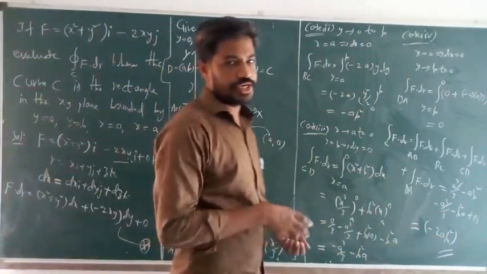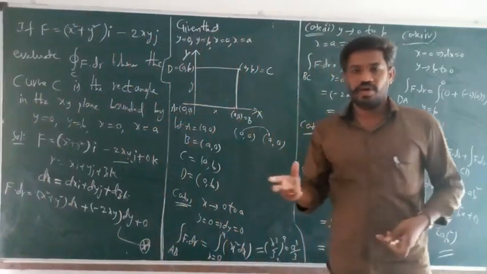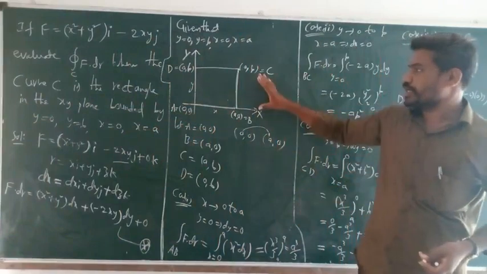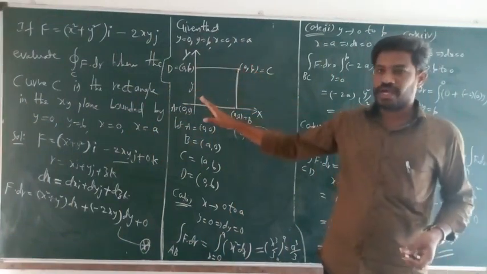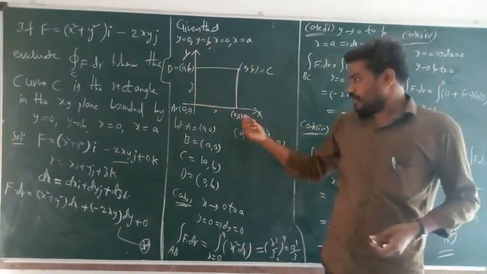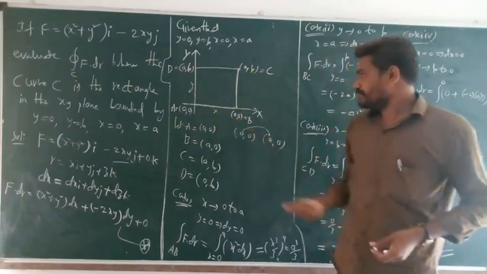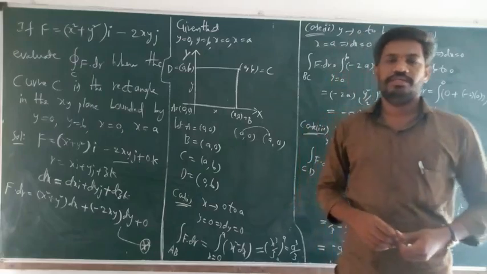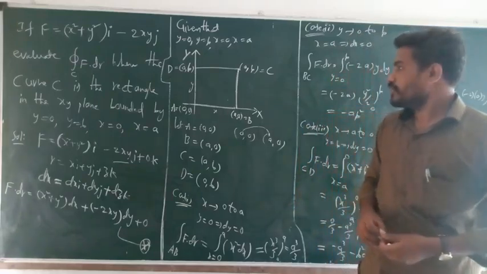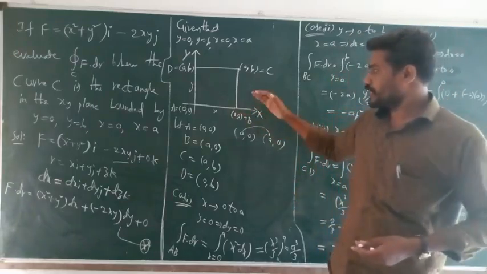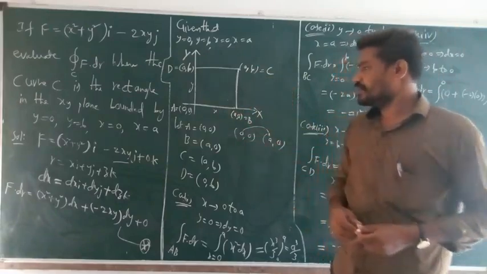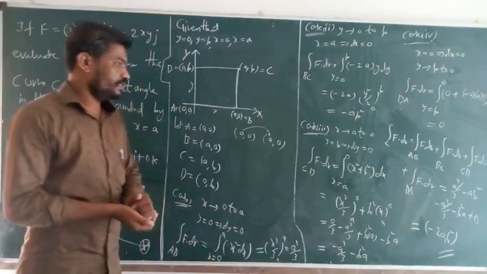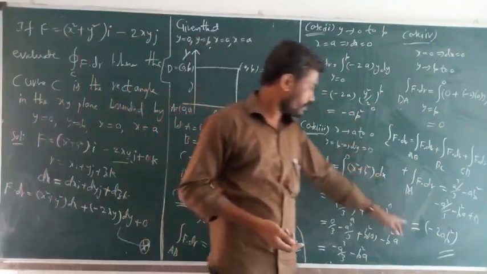So the main important things are the given function and diagram, and selecting the limits. First draw the diagram and select the correct points, then apply where x is traveling from and to, and where y is traveling from and to. Those limits are important. You select all of case 1, case 2, case 3, case 4 and substitute all the terms. Find out the answer: integration F dot dr equals minus 2a b square.